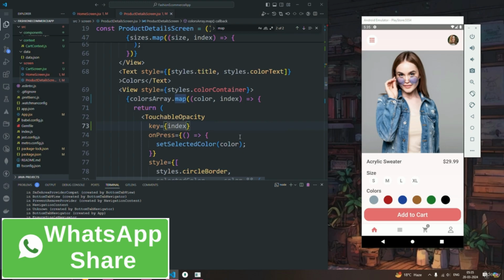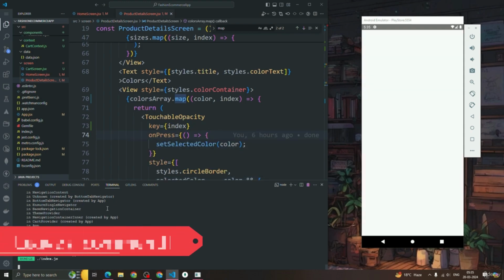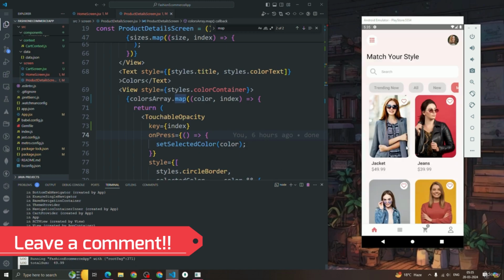And if I reload this, let me reload this thoroughly. If I reload this, it's looking like this. If I click on